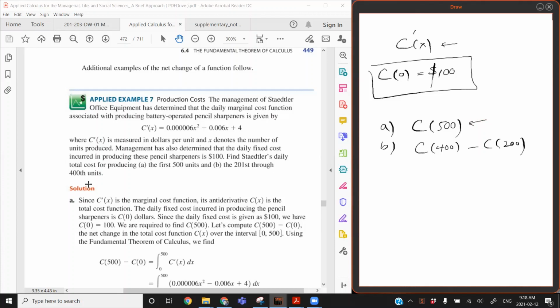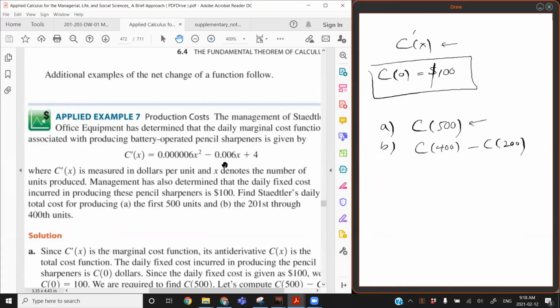You don't need that. This is something that you already know how to solve, because if you have C prime of x, you can just find the antiderivative of C prime. You can get C of x, and then using this one point, you can find the function. So let's try to do that. I'm not going to write it because it's a very big function. I just write the antiderivative, which is going to be